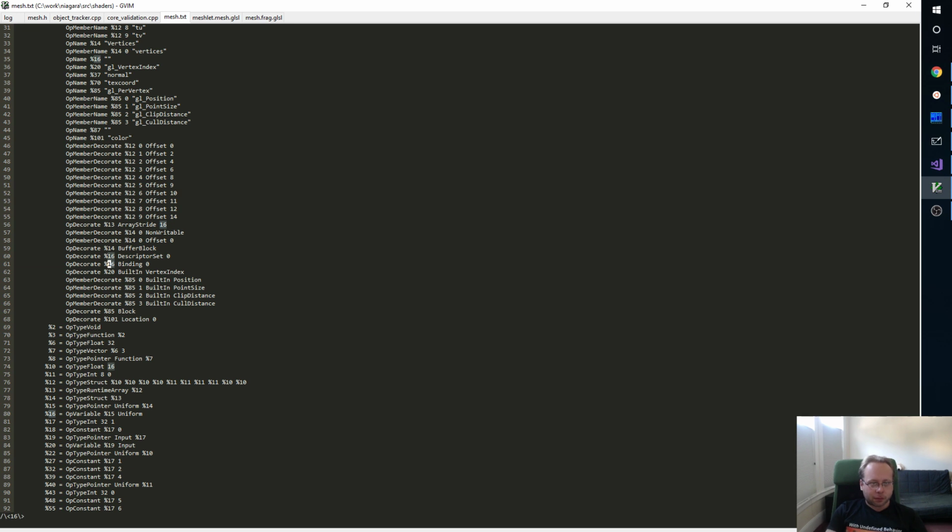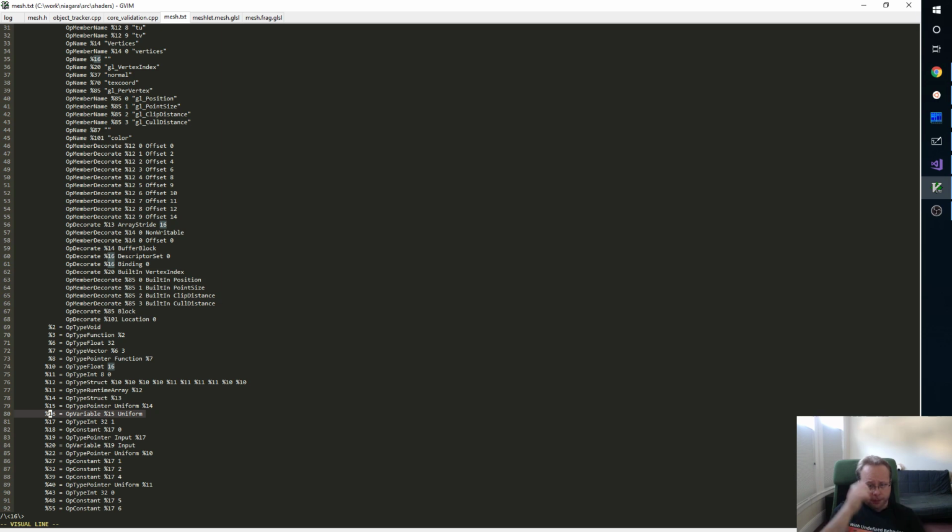So it has two decorations which define where it's bound and things like that, right? But it's actually defined here,